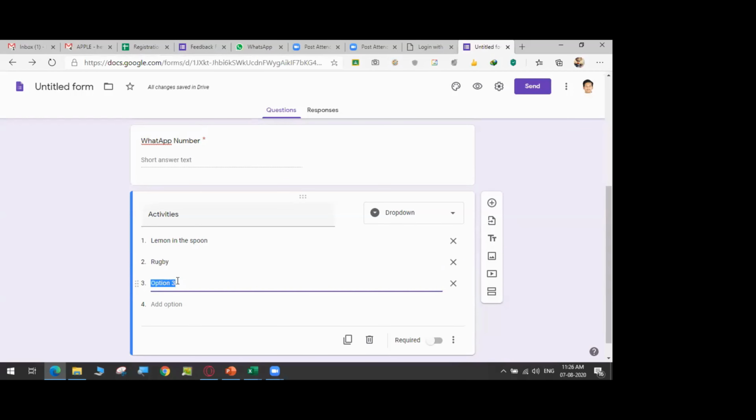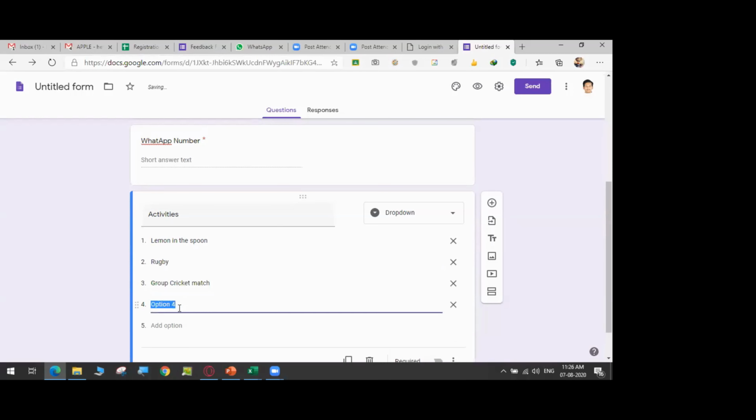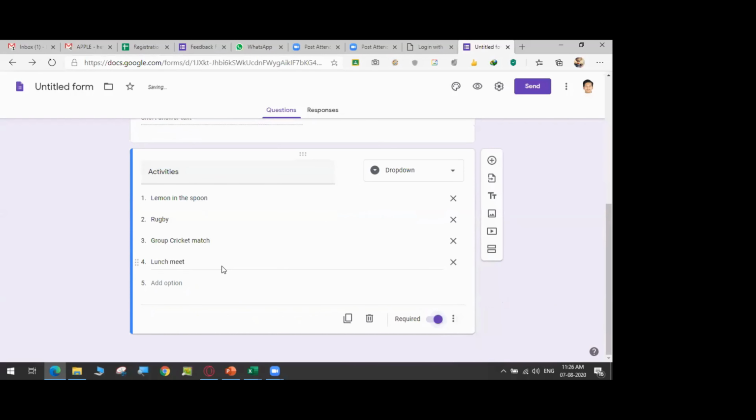Then we have a group cricket match. We want volunteers for these options. Then for our lunch meet, to help with the food, we require volunteers. These are the things we require volunteers for.